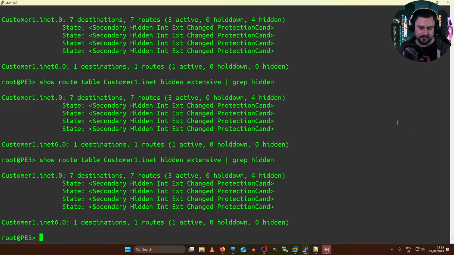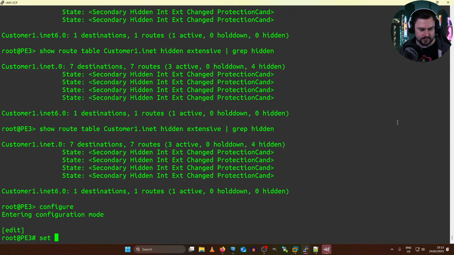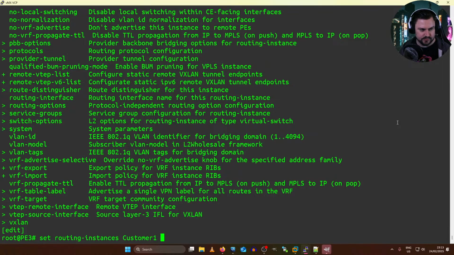Let's try that maybe. So we can do a configure, a set routing instance, customer one. There's two things that I can try. So the first I'd like to try is